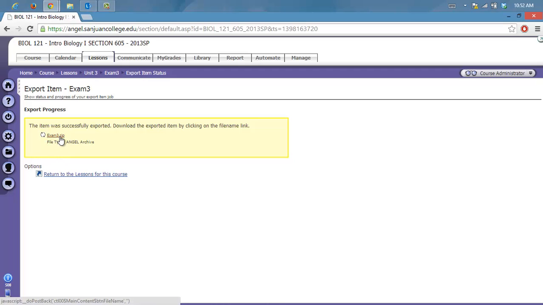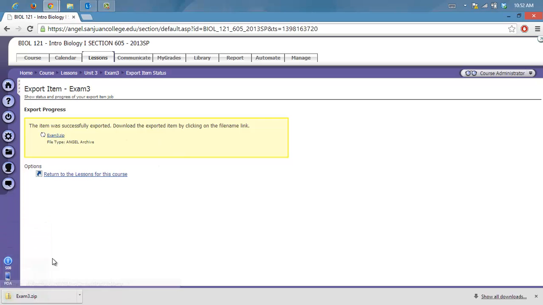It's very similar to what we were doing with the whole course, but this time I'm only bringing in that exam. So what I've done is I just create a folder on my desktop for moving to Canvas, and I just export for that unit all of the quizzes and exams that I'm going to then import into Canvas. And so I would just download that file, click on it, and then it saves it to my downloads folder in Chrome, and then I can go ahead and go back over to Canvas,